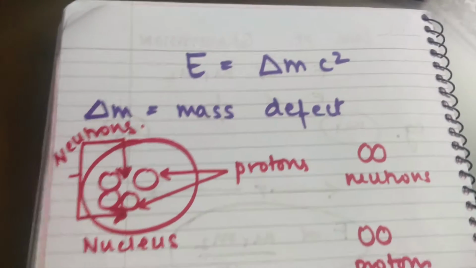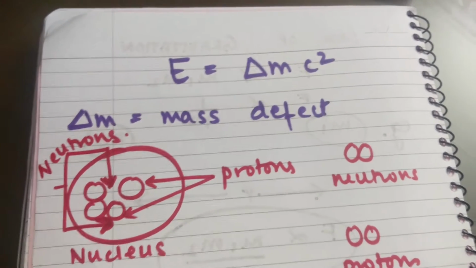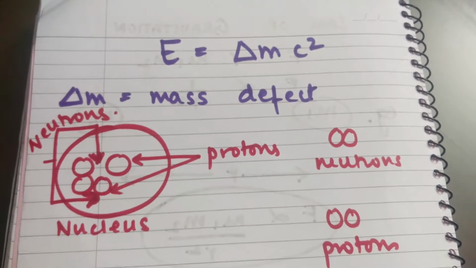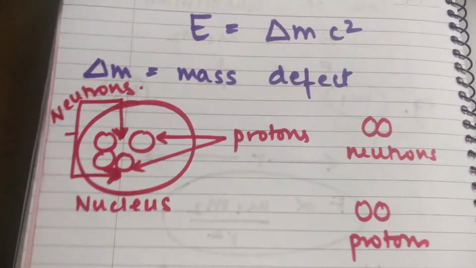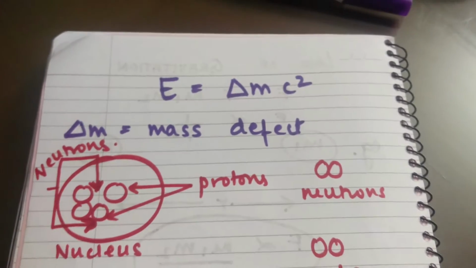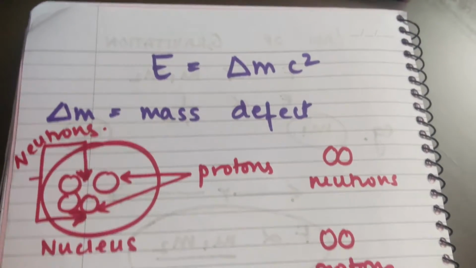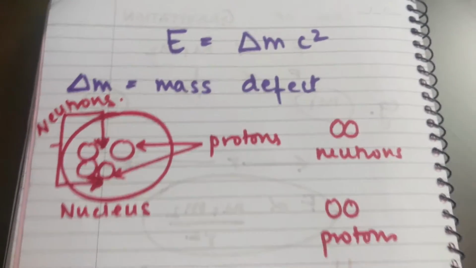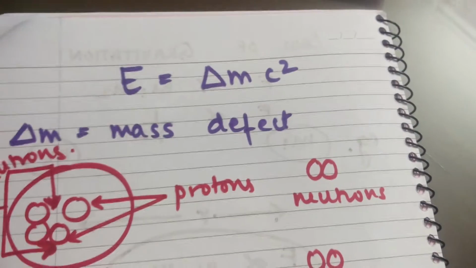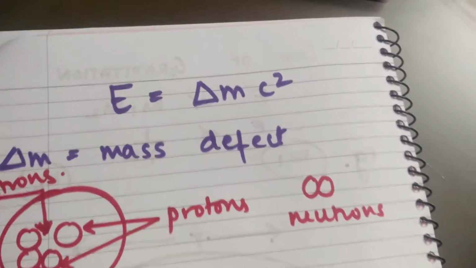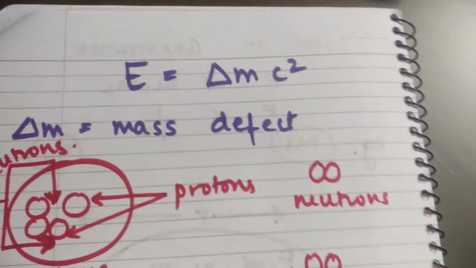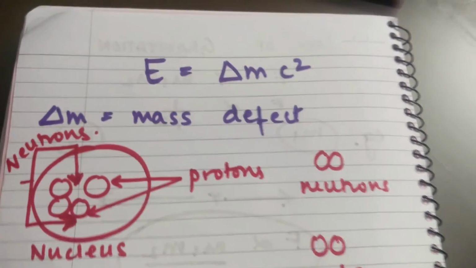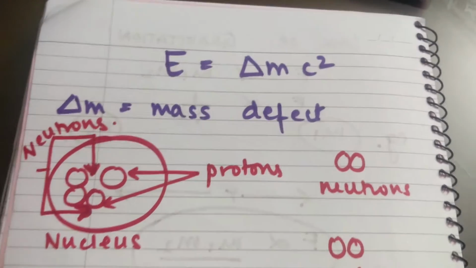Now we're going to talk about what is probably the most frequently seen or the most common famous equation in physics, which is E = Δmc². Many people forget the Δm, but the delta is very, very important, because if we write m, it gives a sense of being the mass, but it's actually not the mass, it's the mass defect. So we all know that Einstein gave this equation, E = Δmc², and this is an